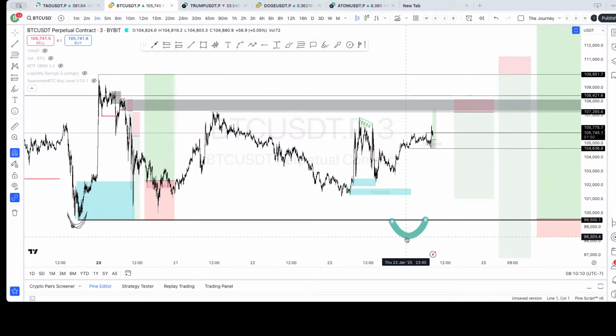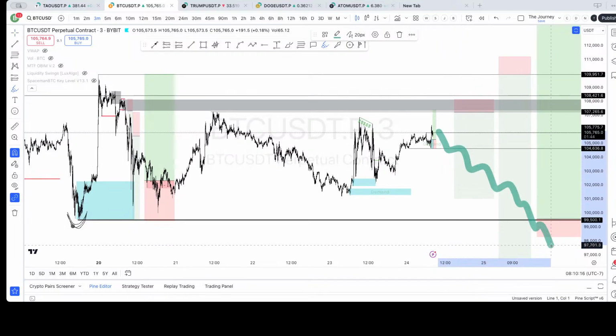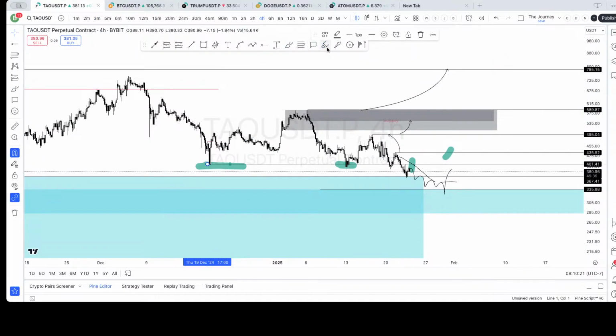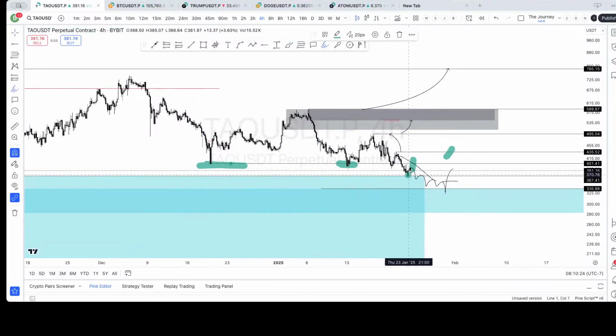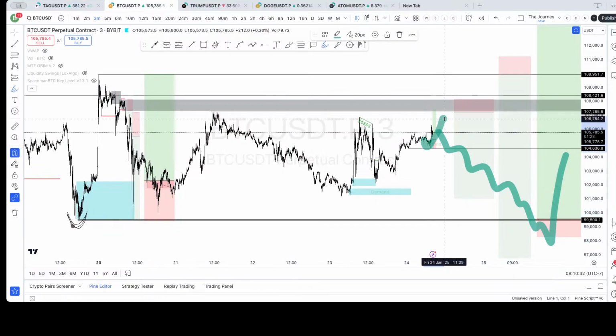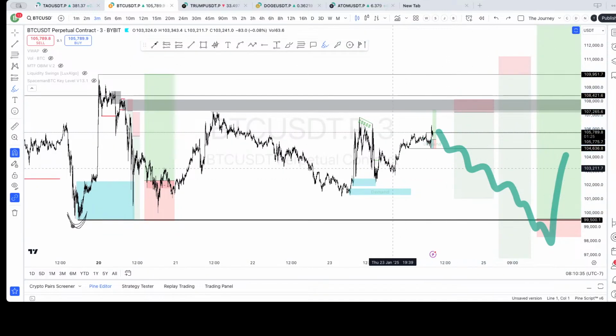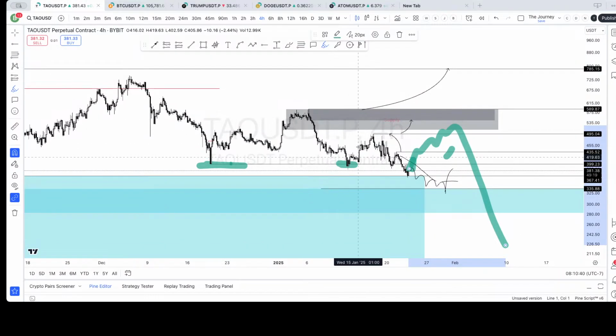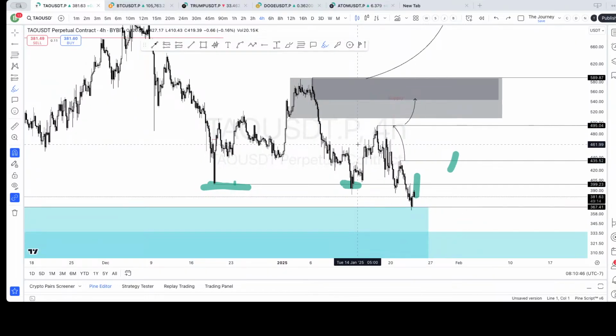If this resolves, imagine BTC maybe coming down here and pulling this low, right? That would probably start to look like this guy doing something like this. That would coincide with that. Let's imagine that Bitcoin comes up here and maybe pulls that high and fails, right? Well, that would make Tau look a lot more like this. So for me, it's a no at the moment. This is just my general thoughts on it.